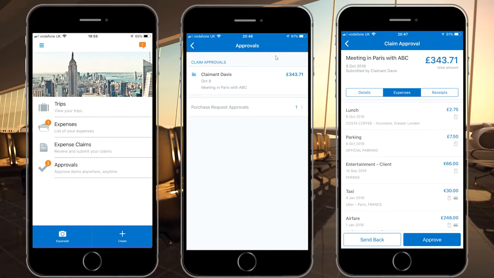So a great example would be perhaps a hotel stay. If your business says £200 per night in a hotel is the absolute maximum, you might want to build in a 10% tolerance on that. So if an employee ended up spending £219 on that hotel, it's going to flag up to the employee to remind them of the allowed amount, but it's not going to stop them from submitting their expense report in the long run, because it's within that tolerance. We also have a hard stop, which